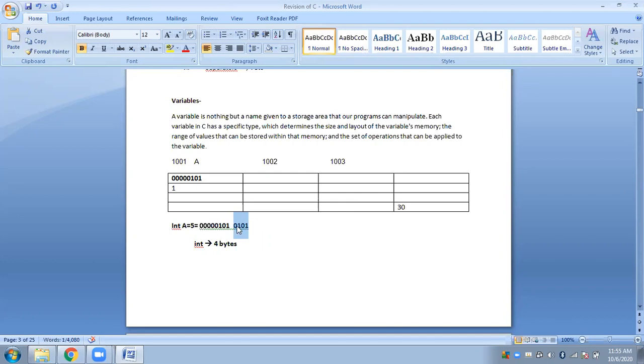You can write 5 as 0101 also, because the initial zeros have got no meaning, just as in a decimal number. So 5 can be written either using all 8 bits, or simply using 4 bits.